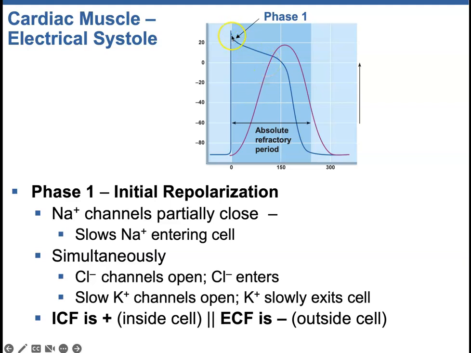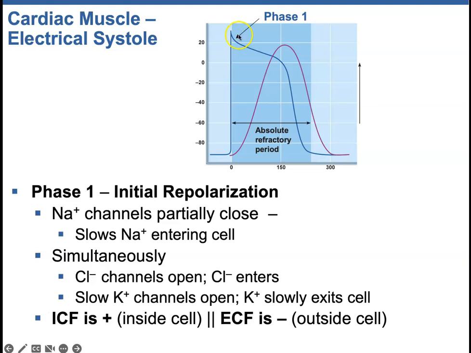When you get here to phase 0, how we're going to slow things down, or we're going to start what's called an early or initial repolarization. So that's phase 1. So what happens here at the very top, we have some closing of sodium channels, and simultaneously what is happening is we have slow potassium channels opening, and we have chloride channels opening. So right here where the little arrow is in phase 1, we have potassium leaking out of that cardiac cell, and we have